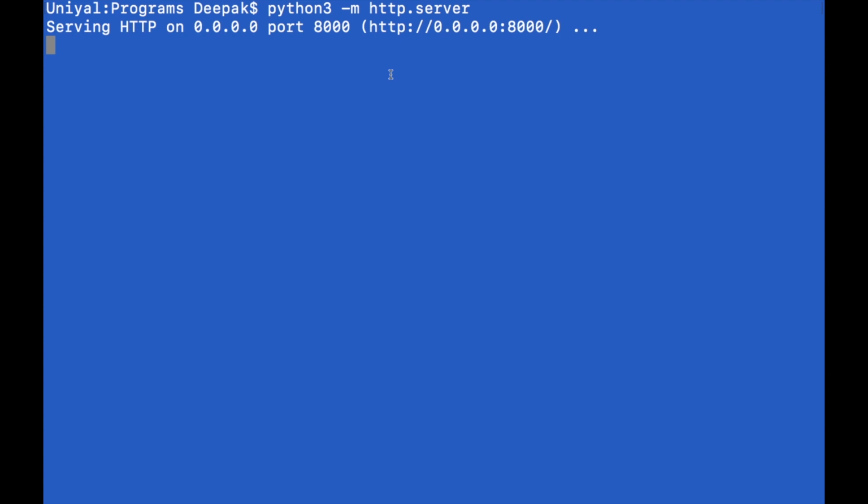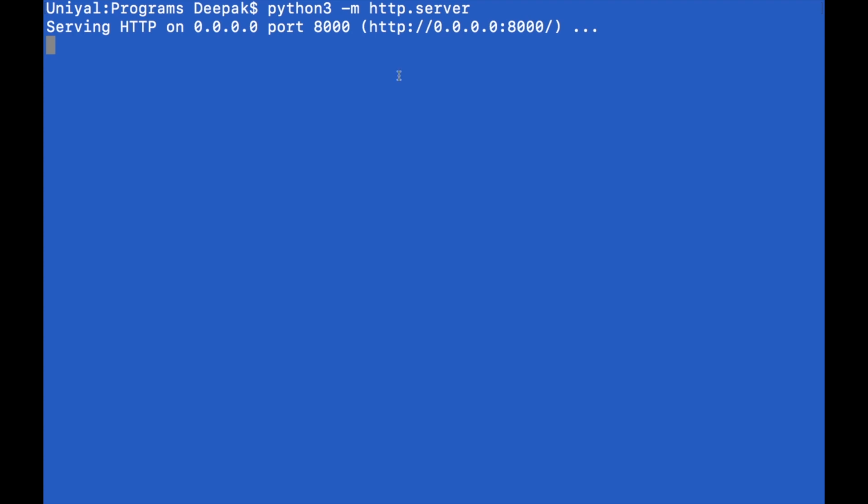Now just go to the browser. This is just for educational purposes, so I will be showing you multiple IP addresses that you can use if you are transferring files on the local system, but that is not our purpose. On the other hand, if you are transferring files to another system on the same network, you have to use the other IP address that I copied before, that is 192.168.0.105. You can also copy the address 0.0.0.0 and then 8000, which is the port number.